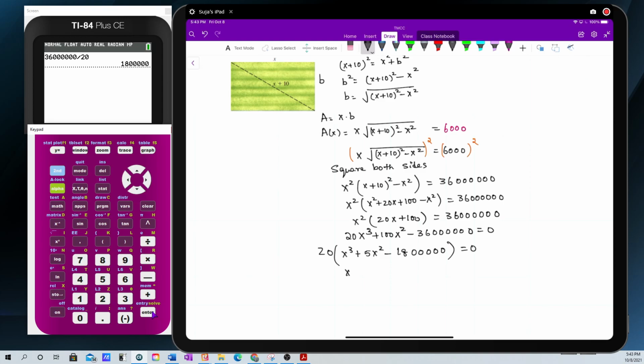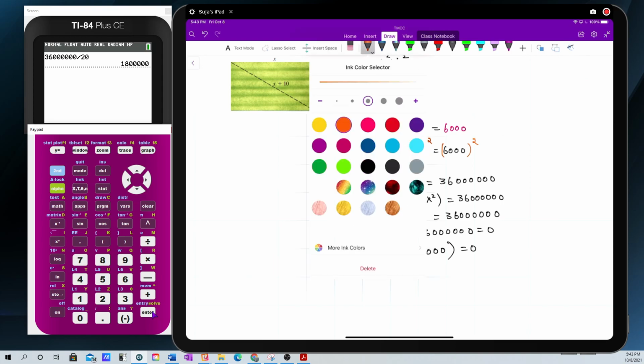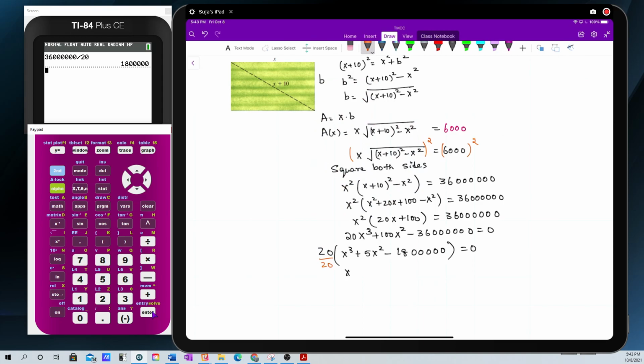If I divide both sides by 20, I can do that, right? The 20 will disappear, and I'm having what is in the parentheses: x cubed plus 5x squared minus